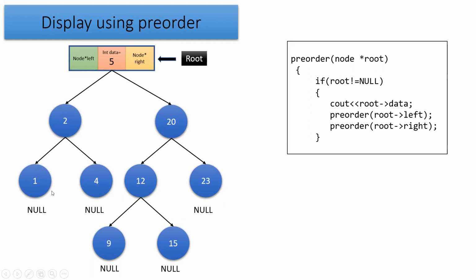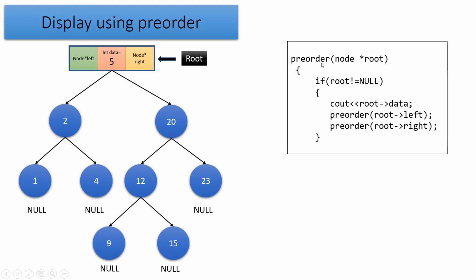Recursively, the same we have to apply again on the left side and the right side. Again in the left side, this is the root node, this is the left side and this is the right side. So again DLR. In the right side, if we apply DLR, this 20 is the root node, 12, 9, 15 is going to become the left side and 23 is going to become the right side. Again for this 12, 9 is the left side, 15 is the right side. So each subtree we have to divide into the DLR parts and then we can easily apply the pre-order traversal.